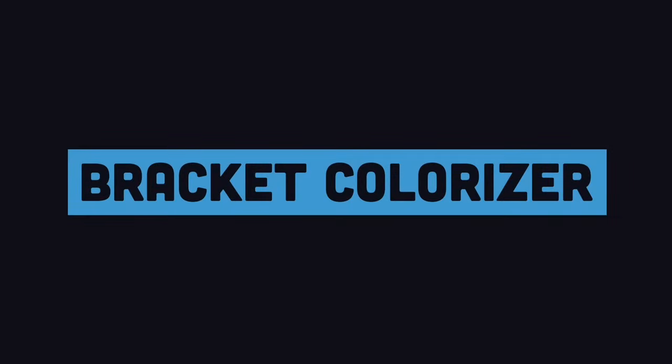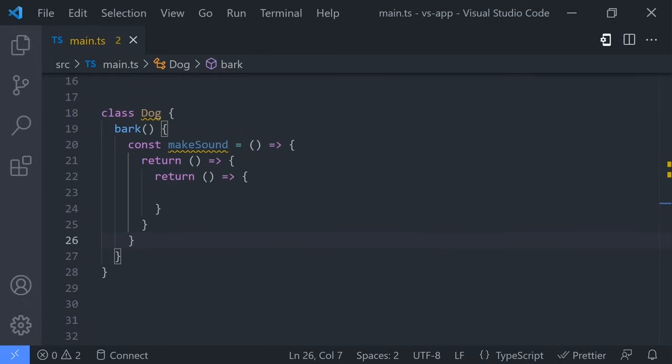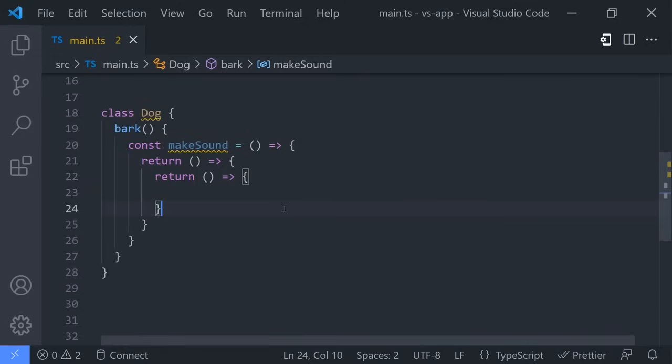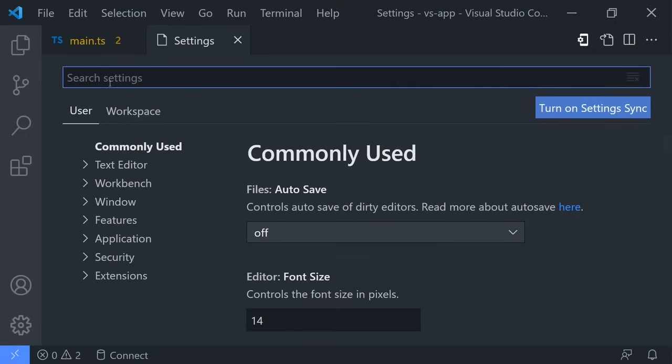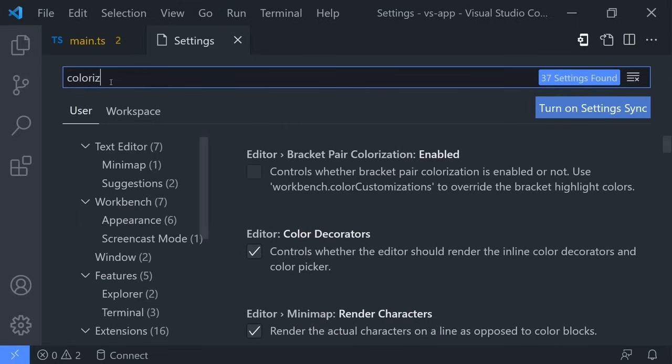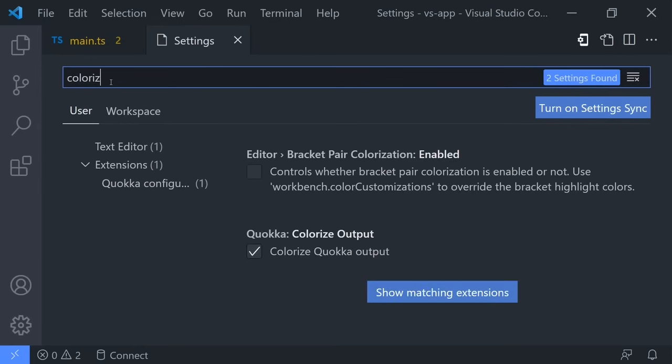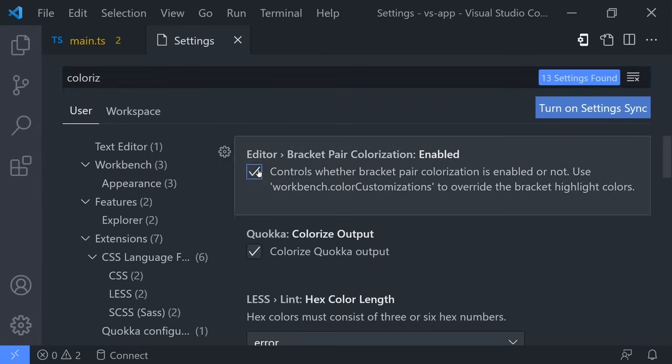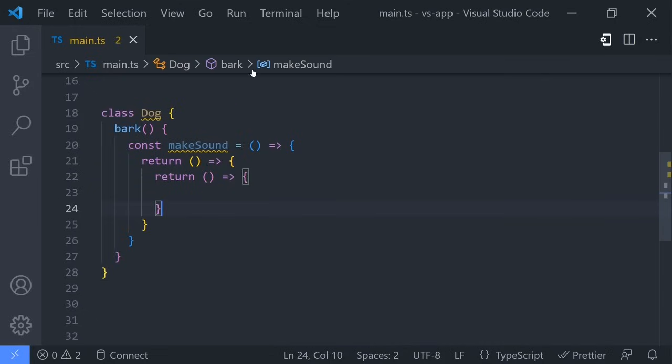If you work with a curly brace language like JavaScript, you'll likely end up with code with deeply nested functions where you have brackets and parentheses all over the place. Code like this can be very difficult to read because it's very difficult to tell which braces and parentheses are matched together. There's a setting in VS Code that will colorize the brackets, making it much easier to distinguish which ones are matched together. Open up the settings using the shortcut Control-, and search for Colorizer. You should see the option to enable bracket pair colorization, and that'll make your life much easier as a curly